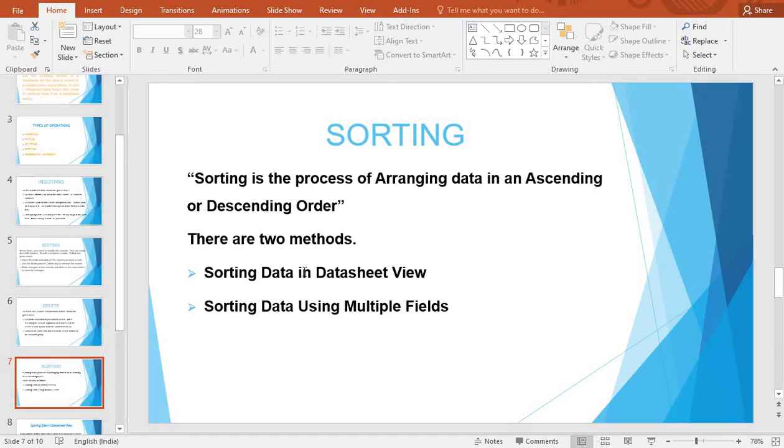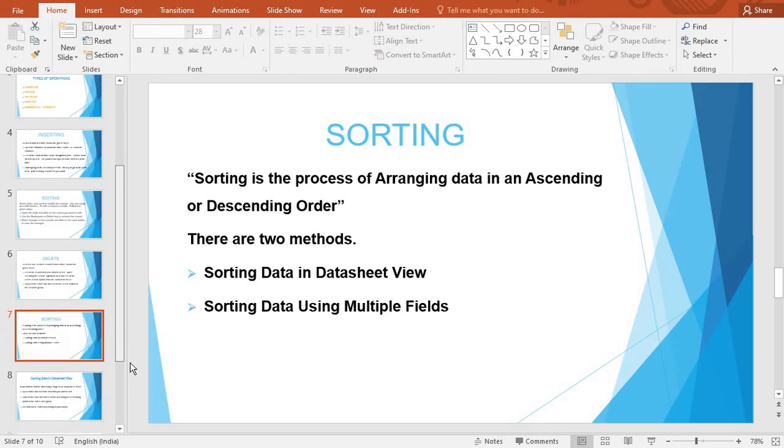If you want to sort your data, you may follow two methods. The first one is datasheet method and the second one is sorting data using multiple fields. I am explaining clearly about these two methods.